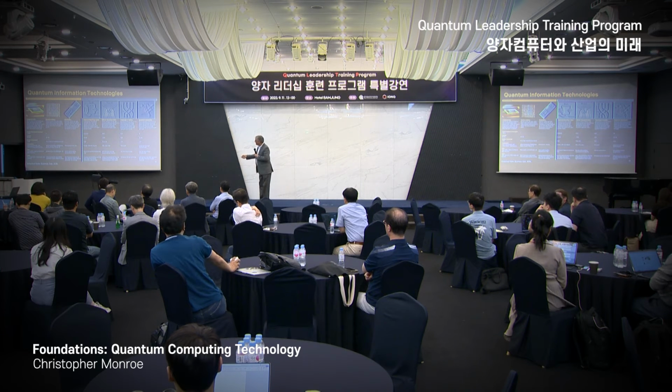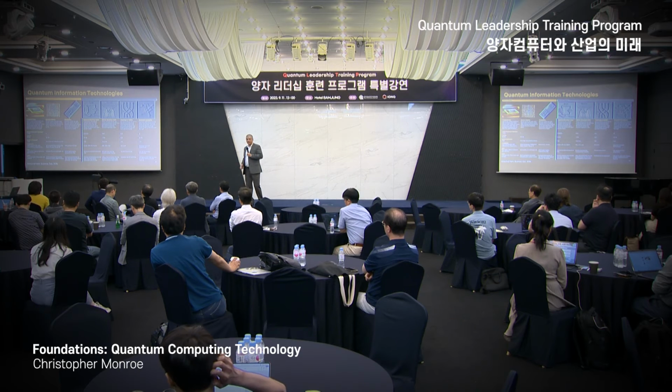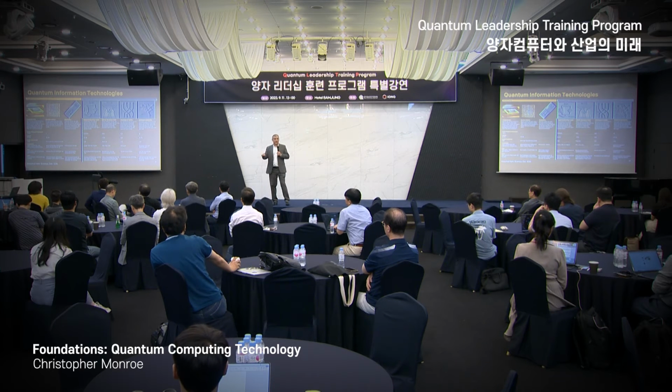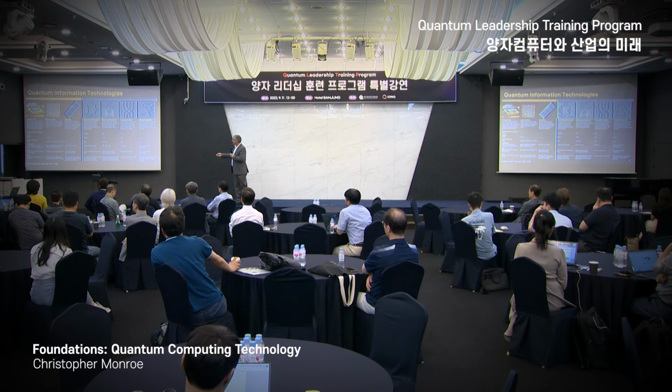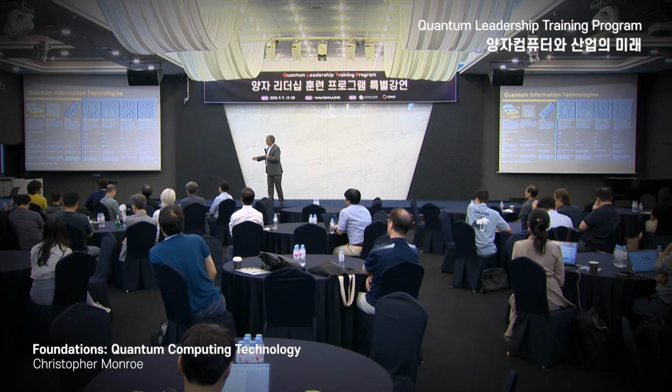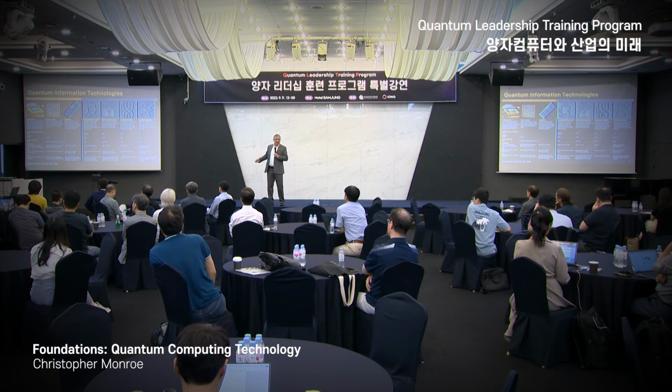On the left-hand side, these are what I call natural qubits. Now, natural qubits are already quantum. In some sense, their environments don't have to be cold. These are individual atoms, electrons, photons, ions, molecules, things that are given to us already. And I would say of the natural qubits, trapped atomic ions are the most advanced technology right now that have been built into systems. Neutral atoms are coming on hard right now, but they're maybe a decade or more behind the trapped ion systems, and I'll tell you why in a bit.